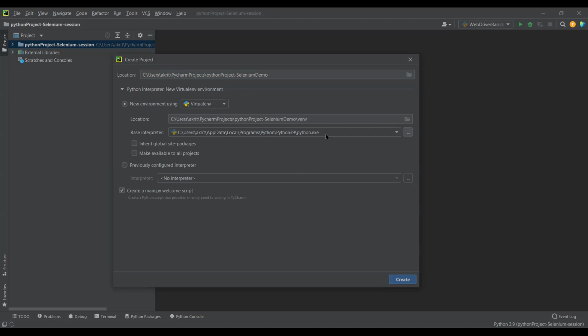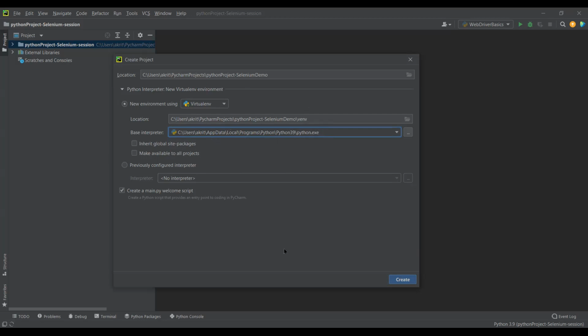When your system does not have the proper Python installed, or not the updated version of Python installed, you'll get an issue in this base interpreter text box. It will ask you to select the proper Python interpreter. Make sure you enter the path where your current Python is installed, and then it will be ready to go.